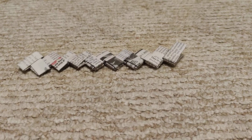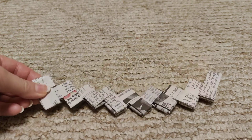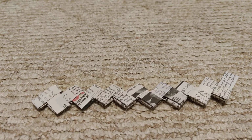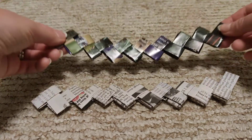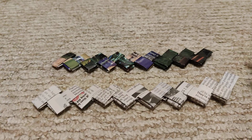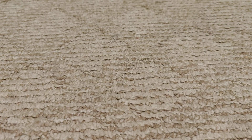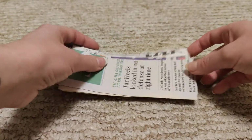Hello everyone, this is my first video of how to turn newspapers into bookmarks. So here you have a regular newspaper bookmark, and then I have one made out of magazine. And the way that you do that is first, you're going to want to start out with a stack of